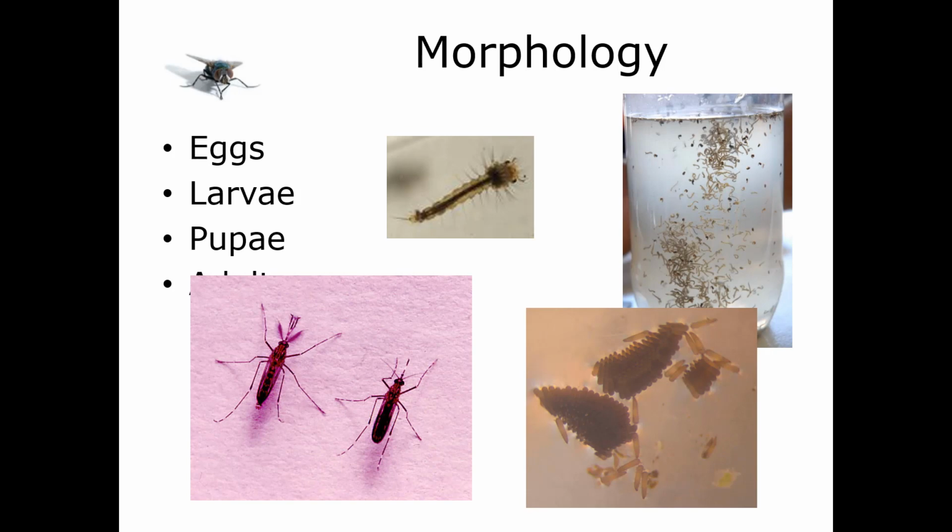Now, the eggs will hatch into the larvae, and the larvae are known as wigglers. So that's because if you've ever seen mosquito larvae, that's what we're looking at here. They just sort of wiggle around in there. So people call them wigglers, because we're good at things. And they pass through 4 larval instars. And so unlike the Culicidae or a lot of these other brachyceran flies that we're looking at that have 3 larval instars, the mosquitoes have 4 larval instars.